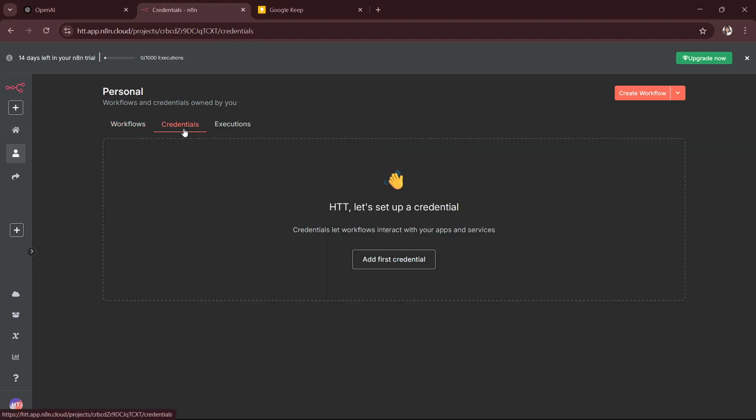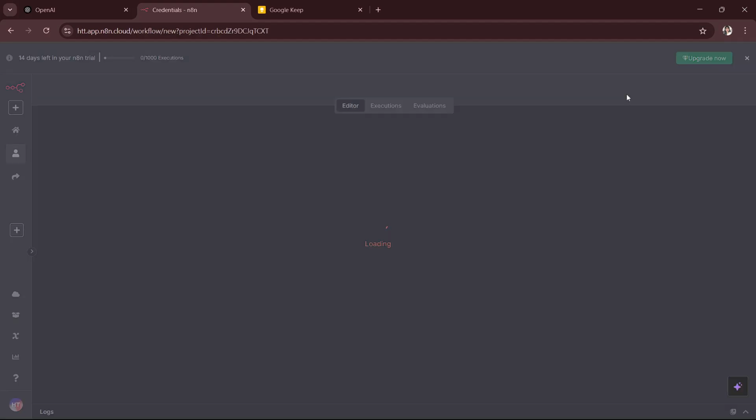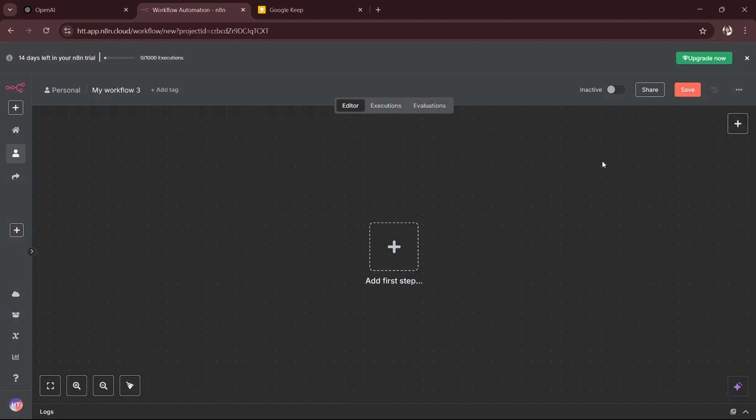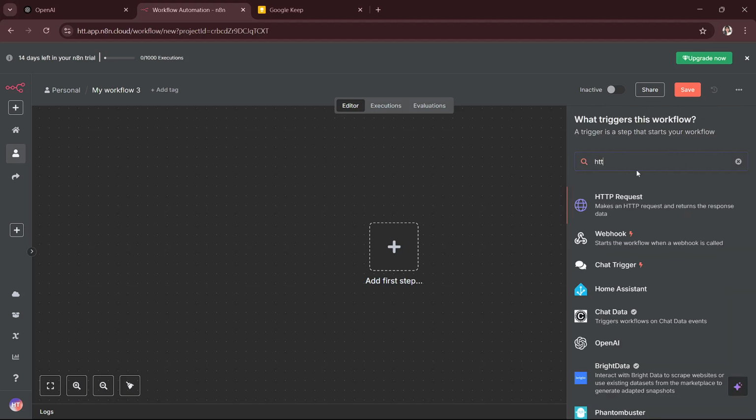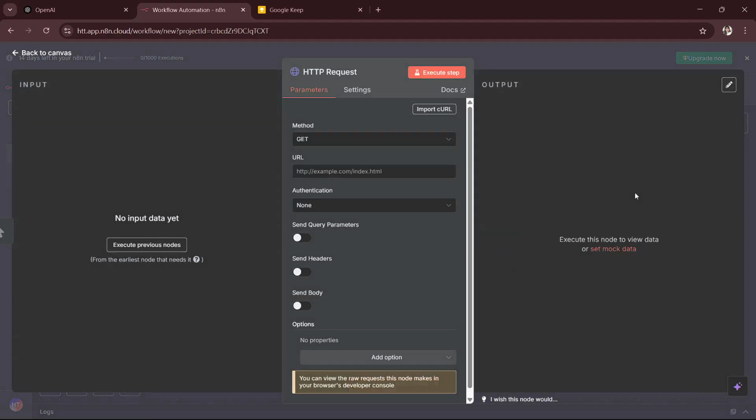And then what you will have to do is you can use HTTP basic auth or the OpenAI credential if it is available. And then after that, you will create a workflow and then add an HTTP request node. So go ahead and click this plus button right here and then search for HTTP request,